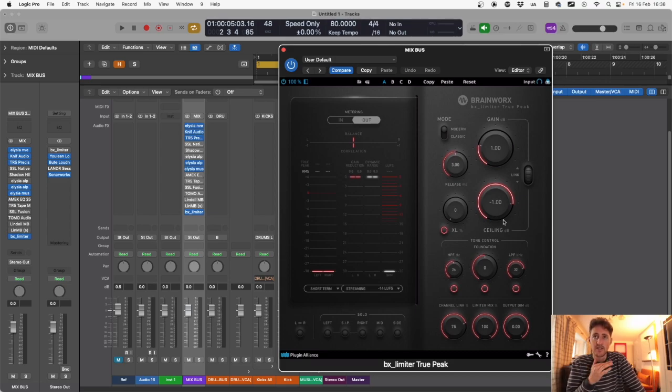And -1 seems the best level that I've researched. So you've got digital 0 and we're just operating at -1. Inaudible difference, but makes a huge difference in terms of distortion. And I'm only gaining 1. I'm not gaining like 5 or 6 like I would be if I just slapped a limiter on at the end. And that's because my template is set up such that everything I'm listening to is at the same level I'm always listening to, speaker-wise,